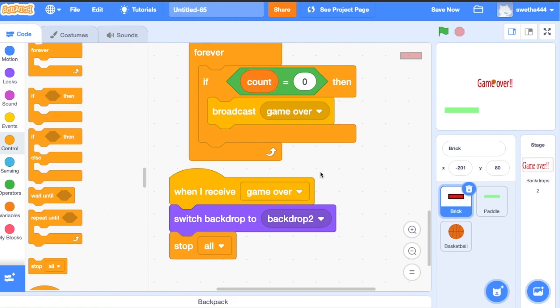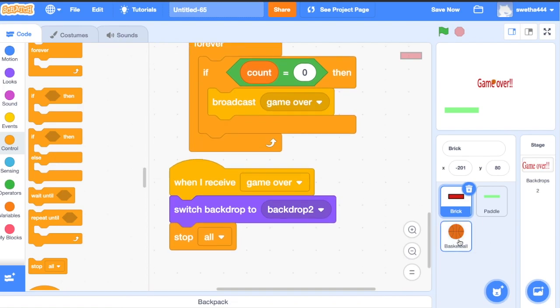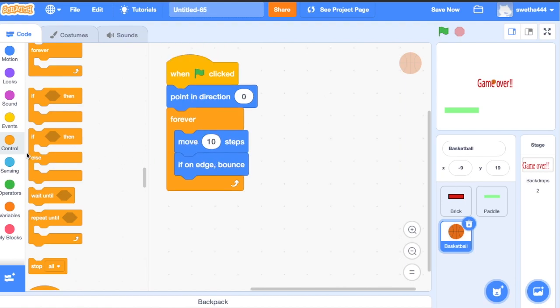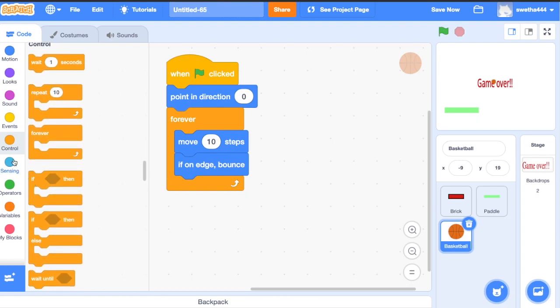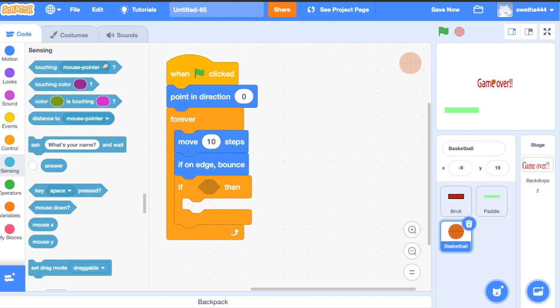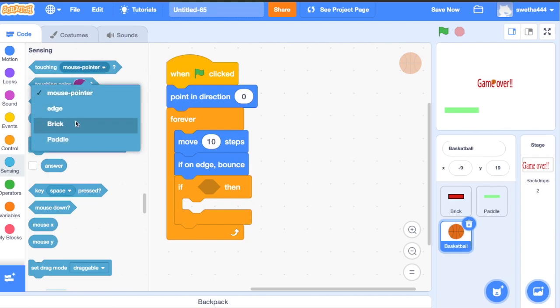Okay. Now let's start coding for the ball. Click on ball. Click on control and drag the if condition. Now the ball is moving. If the ball touches the brick, what happens?